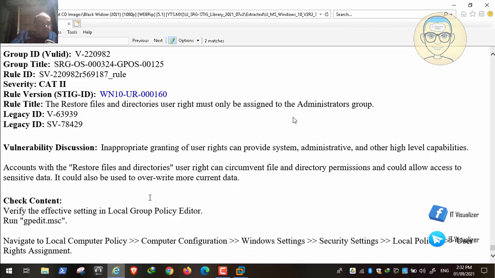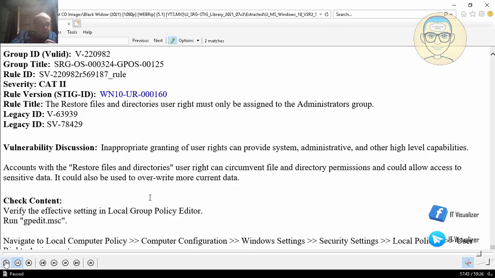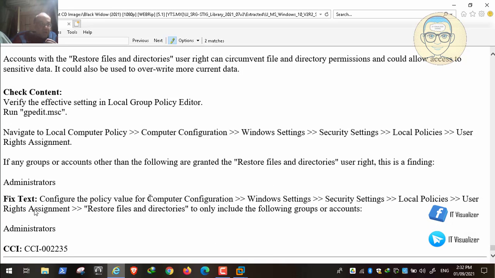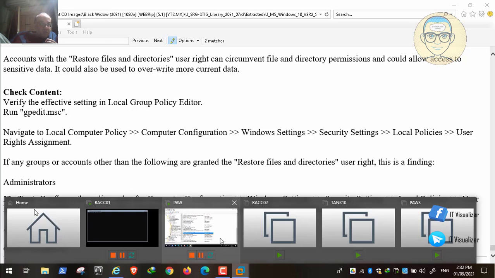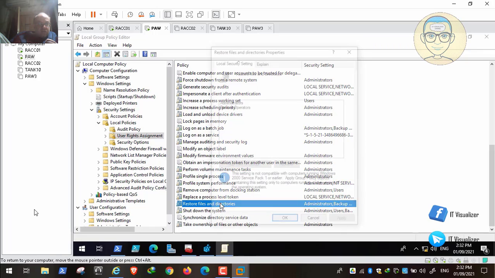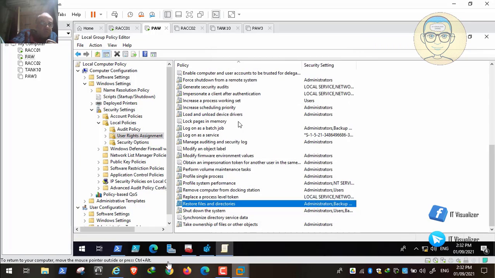The backup operator can back up and restore. So logically, administrators can back up and restore files and the backup operators group can back up and restore files. If we go there to restore, you can see it's administrators and backup operators.